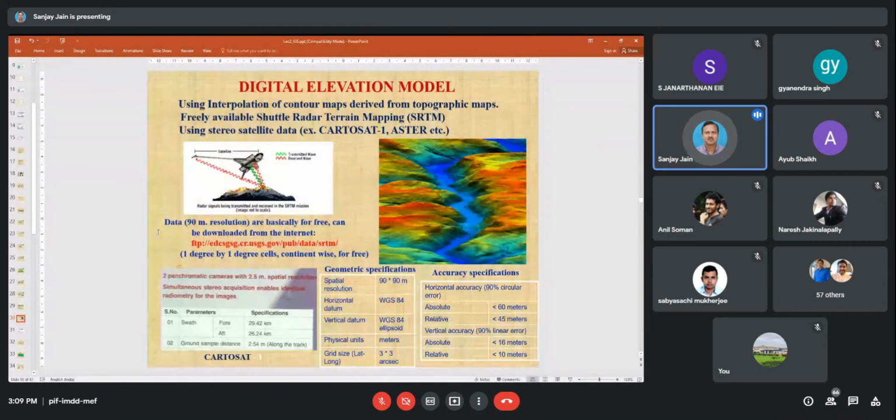But again, it is very time consuming, and sometimes we have to digitize all the contours, give the value of each and every contour, and then go for this interpolation. We did that earlier, but again we were spending a lot of time on that. Once we have this DEM through satellite, it has made our life easy. Why? Because the thing which we were creating through interpolation and all those methods, we can now save a lot of time. So there are two approaches of getting this DEM.